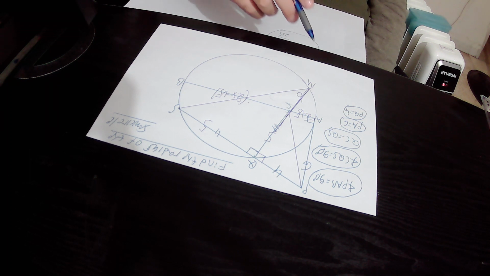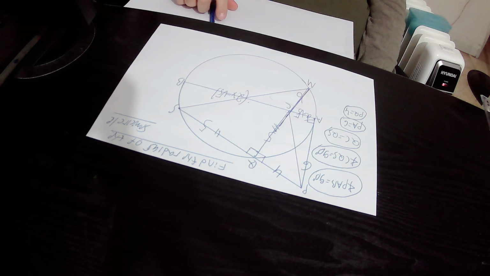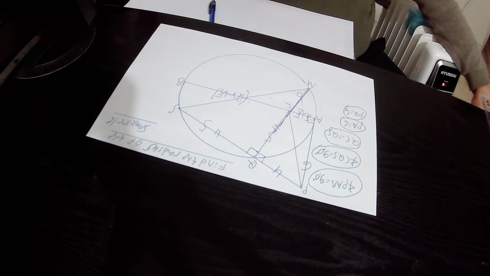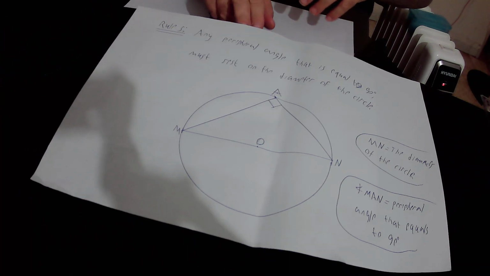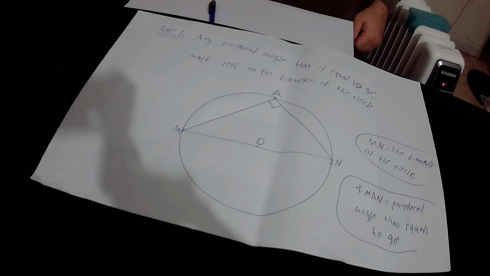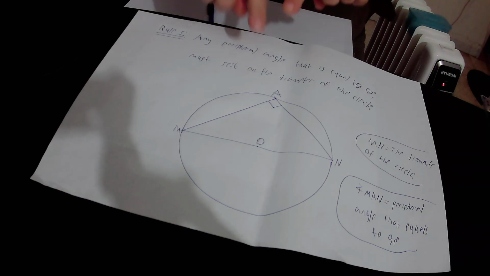In the next step, we already joined points M and S together by a straight line. So here we have rule number 5 that we will implement in our drawing. According to rule number 5, any peripheral angle that is equal to 90 degrees must rest on the diameter of the circle. In the drawing, we know that AM,